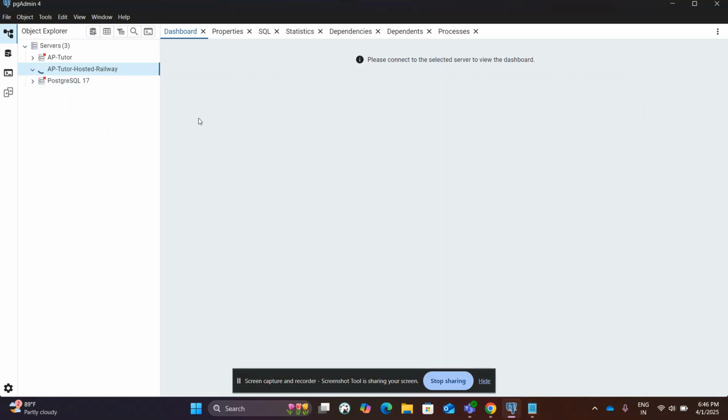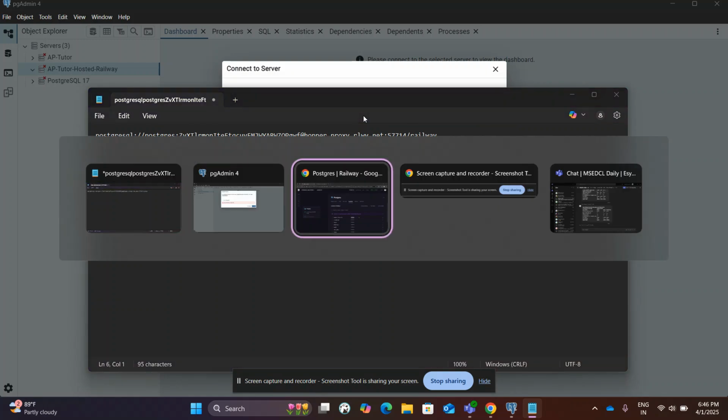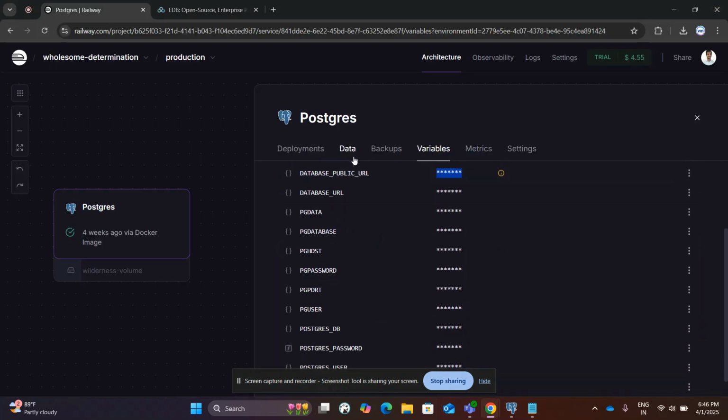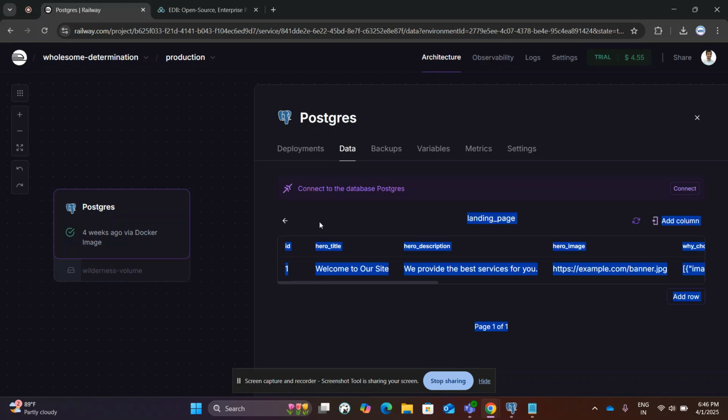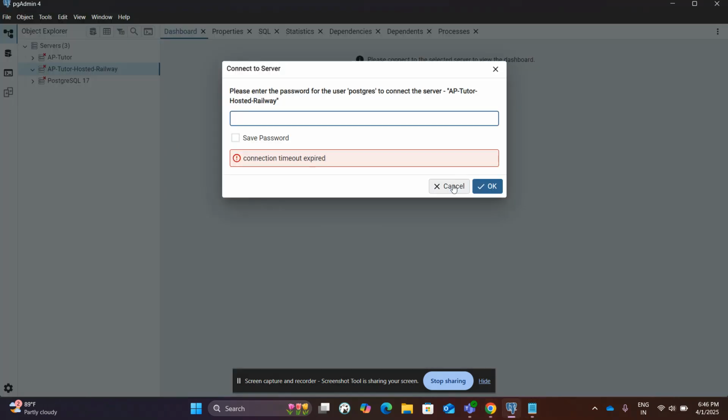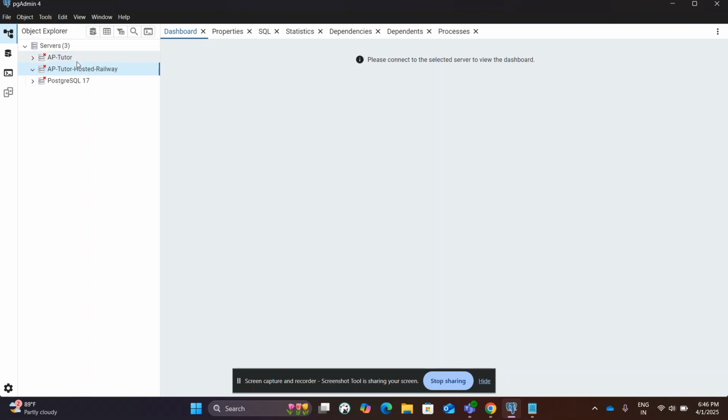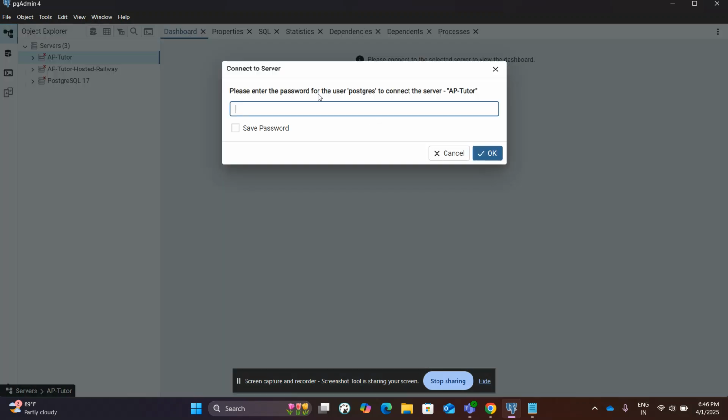Now, if you enter your password, you can connect to your Railway hosting database, and you can see your database section here, whatever tables you created in the data section. I have created one database here as the landing page. See, you can see the data is here. You can add data from here also and view the data in this section also. So here, if you go through the database side,